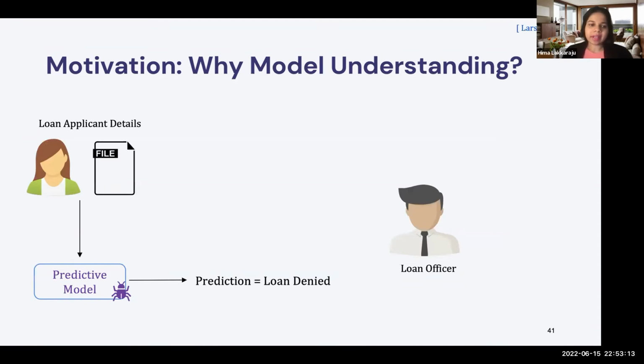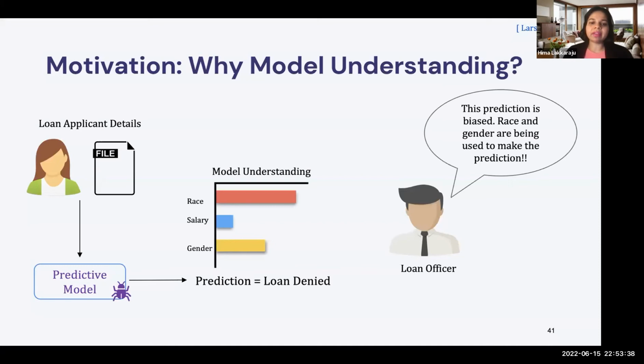Now let's think about another scenario where there is a loan applicant and there's a predictive model which takes all the details of the loan applicants and determines if the applicant should get a loan or not. Okay. The loan officer is the decision maker who is at the receiving end of these predictions. Now, if this is the setting that we are looking at, so far everything looks reasonable, but if we get more understanding about what are the key features that this model is focusing on,